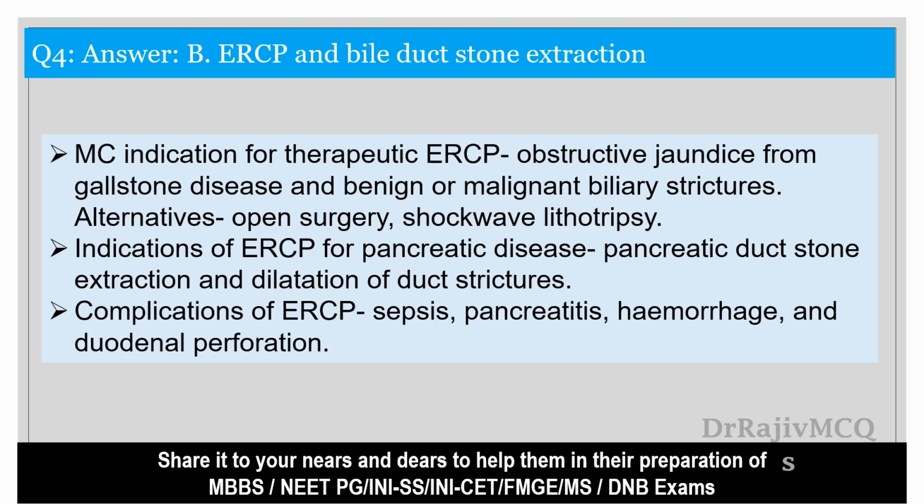The correct answer in question number 4 is option B. The most common indication for therapeutic ERCP is obstructive jaundice from biliary obstruction due to gallstone disease and benign or malignant biliary strictures. The gallstone is extracted after an adequate biliary sphincterotomy. If adequate stone extraction cannot be achieved at the initial ERCP, biliary drainage with the placement of a removable plastic stent is considered. Alternative options are surgery, endoscopic as well as extracorporeal shock wave lithotripsy followed by repeat ERCP to